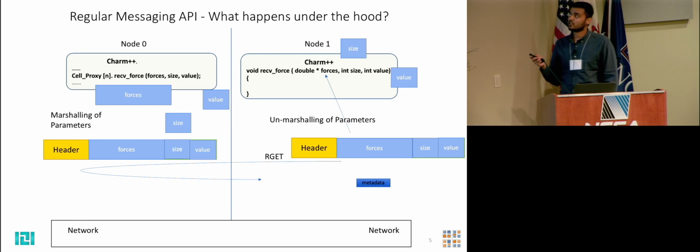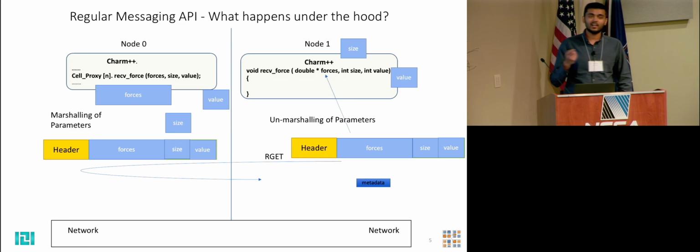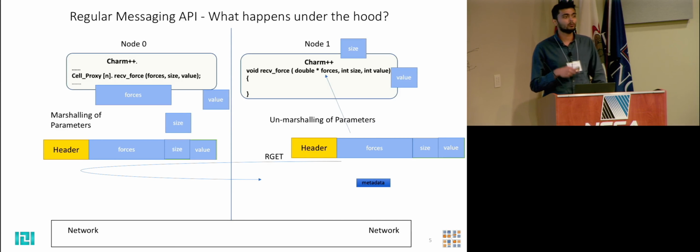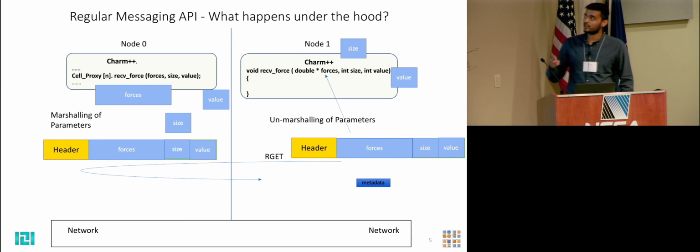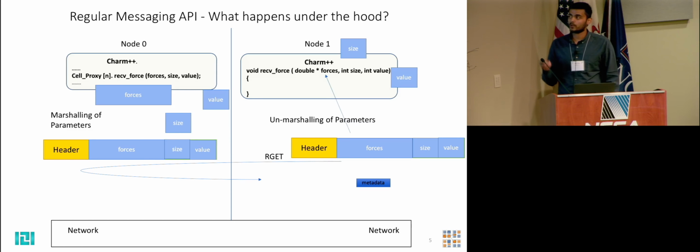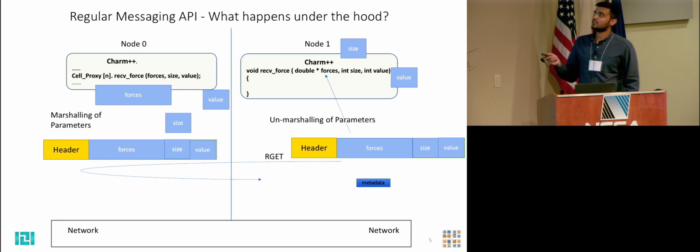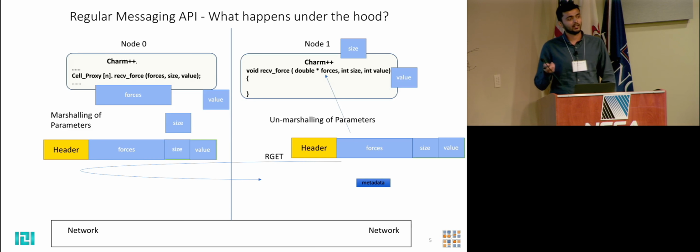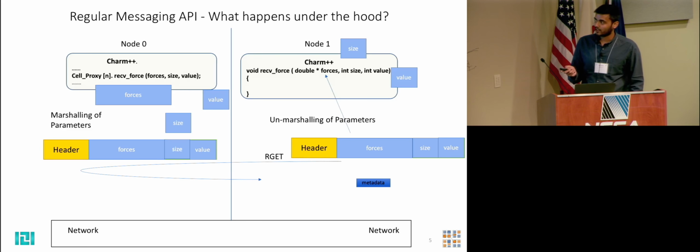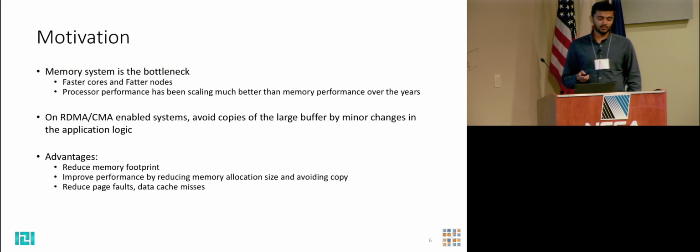And in case the user wants the data within the entry method to be in the user's data structure, there is an additional copy which will have to happen on the receiver too. So potentially there are two copies, one at the sender side where parameters get marshaled, and secondly, in this case I've not illustrated it, but it can be that forces needs to be copied into another array for the user to consume it later on. So these are the two copies that we are trying to avoid,